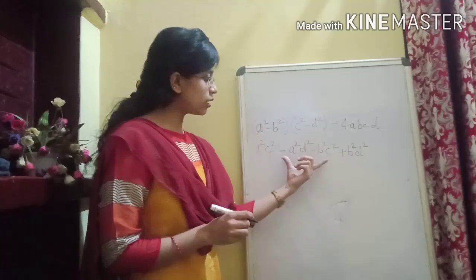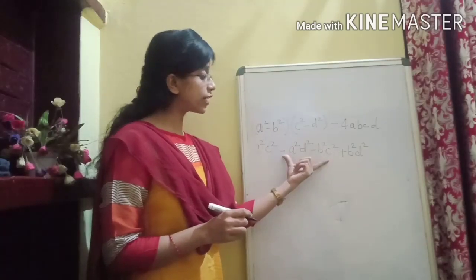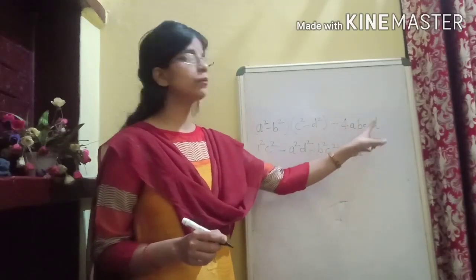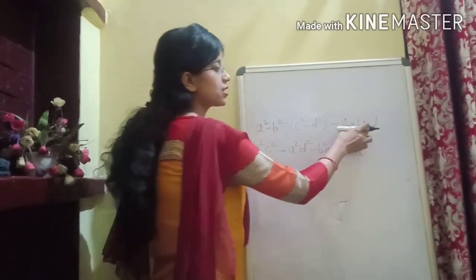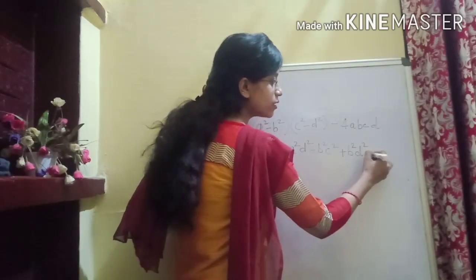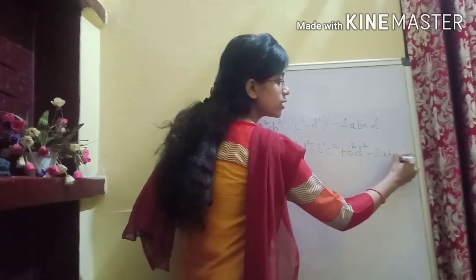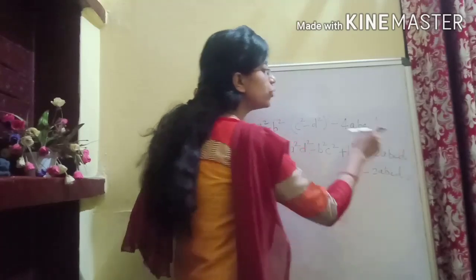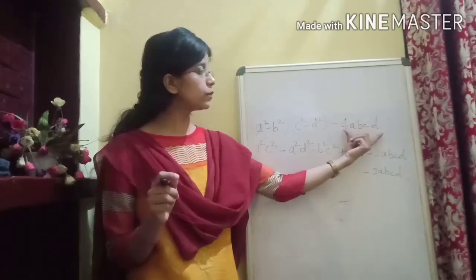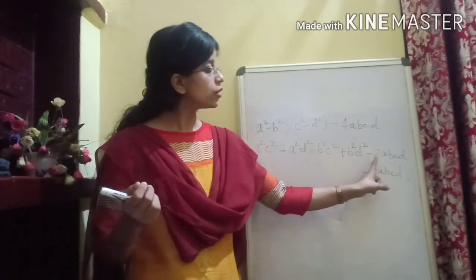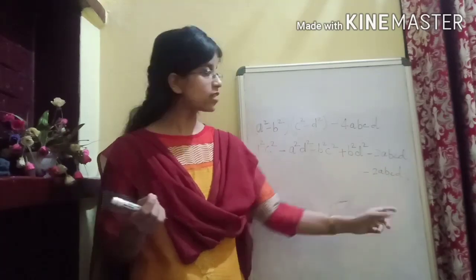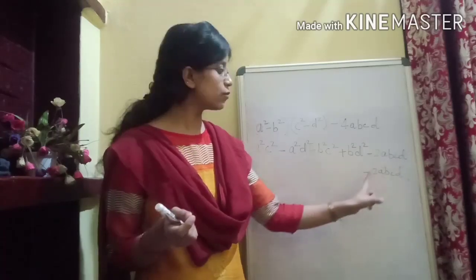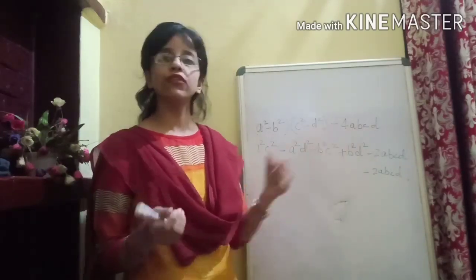So these are the terms which we are getting when we are opening the bracket. Now you see this term, it is minus 4abcd. See how I'm writing this. Can I write it as minus 2abcd and again minus 2abcd? What I am doing here is just splitting this 4abcd into two parts, 2abcd and 2abcd, and since we want it with minus sign, I have written minus 2abcd and minus, and minus will be plus, so it will give you 4abcd.